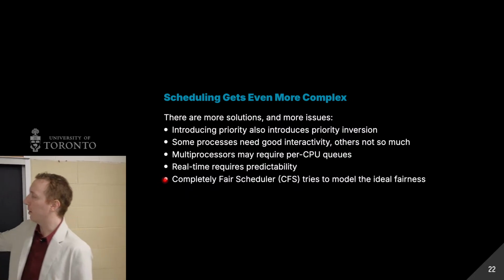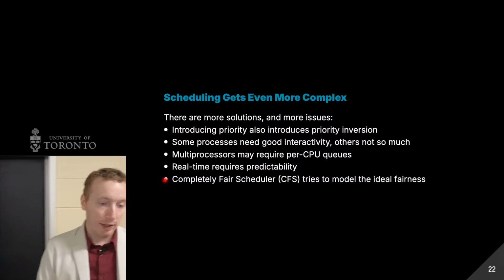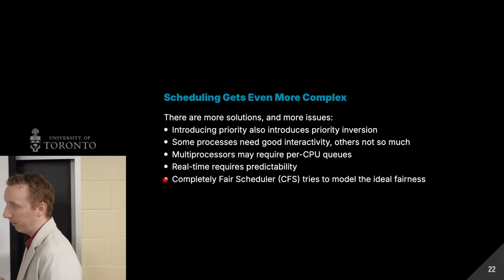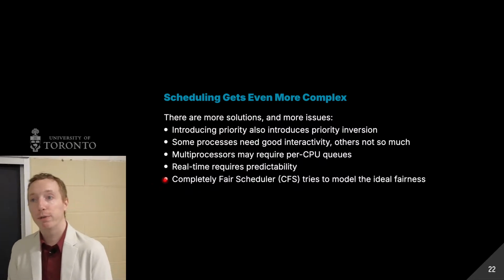And then we briefly talked about, at the end, what the Linux kernel actually uses. The completely fair scheduler that basically tries to model that ideal fairness by keeping track of how long each process runs for, fudges